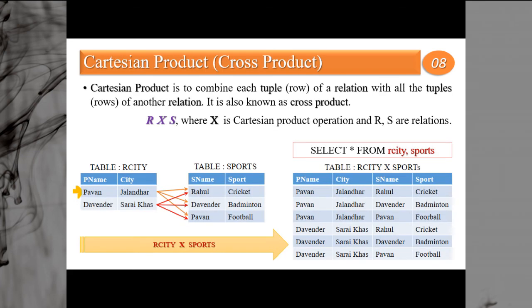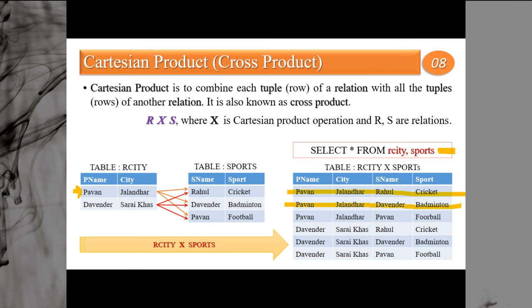Let's see this one. This is your cross product, and let me add an additional condition in the statement, and the condition is where p name is equal to s name. So you can see this tuple does not satisfy the condition because the p name is not equal to s name. This one also does not satisfy the condition.